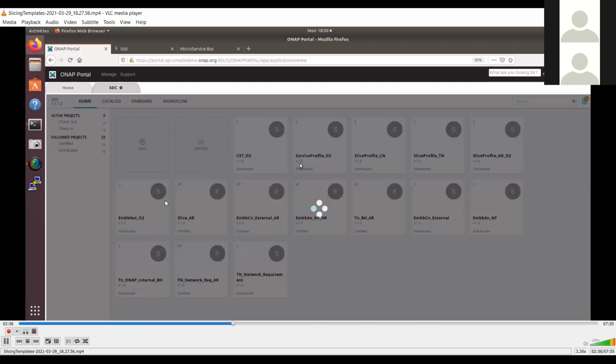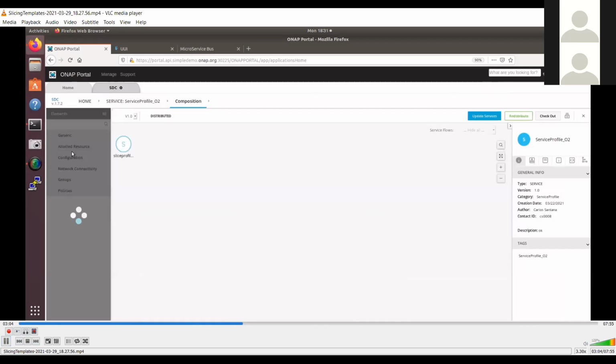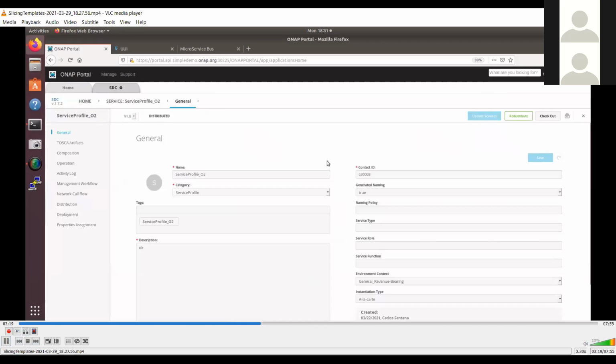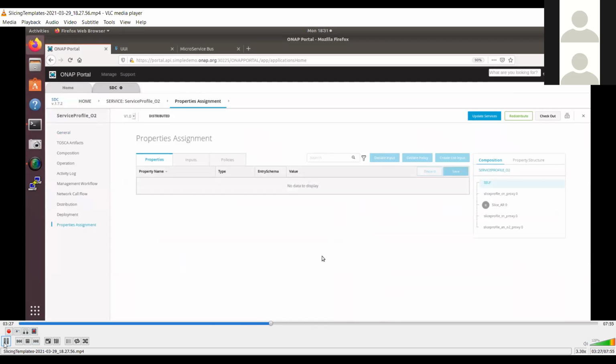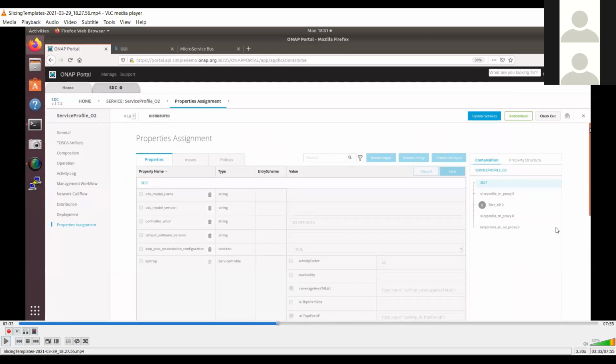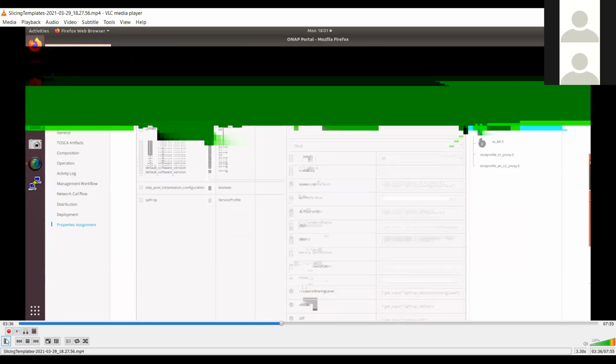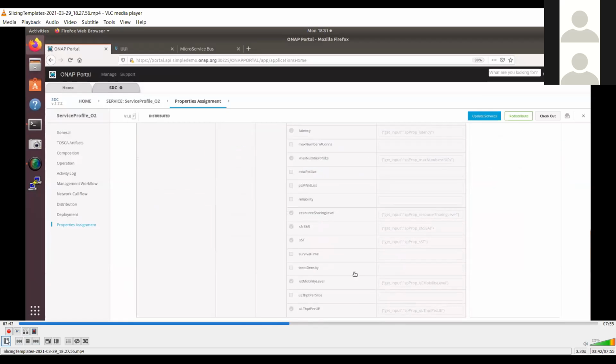So this is what we have associated with the communication service template. And then we have the slice profile, where again we have the properties associated with that. You will see more interesting information like activity factor, availability, download, max number of connections, number of UEs, and so on. The PLMN ID is a network specific parameter. Then the SNSSAI, the SST, is primarily what kind of slice it is.